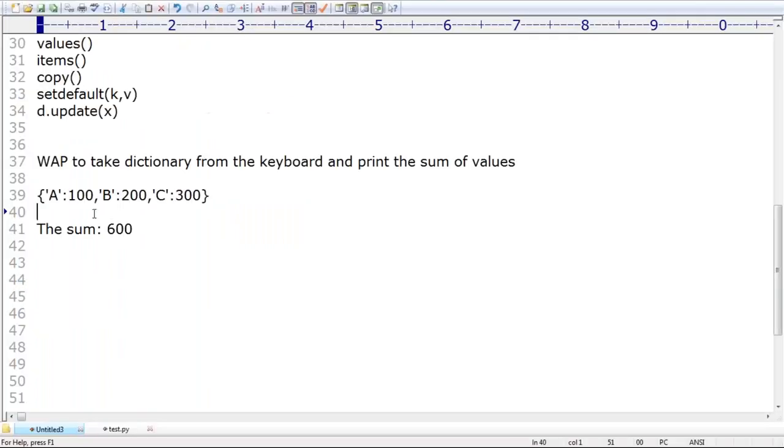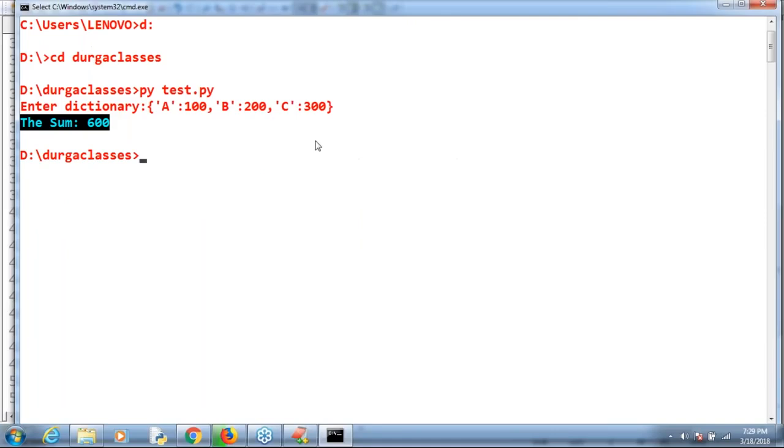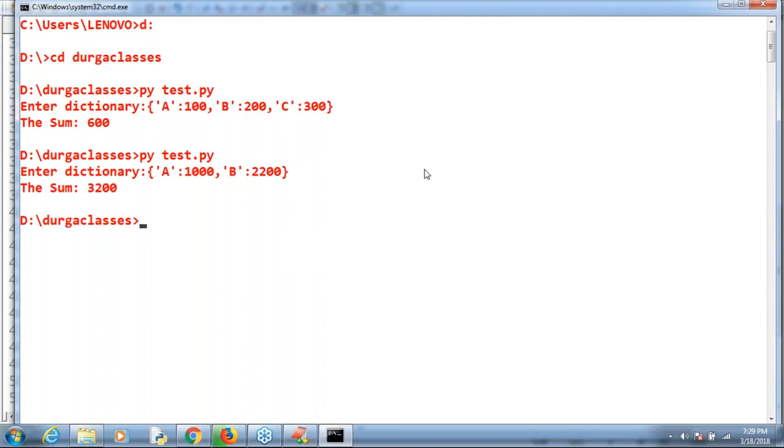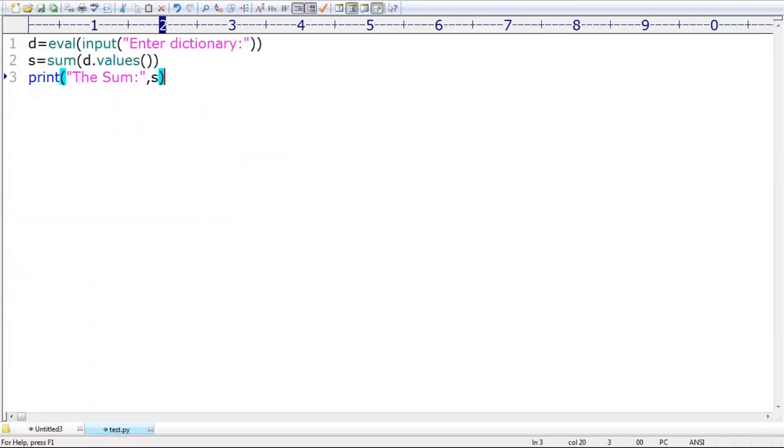Suppose here I'm taking 1000, here some 1000, and then here 2200, and after that two more things. Can you please observe? What is the output by default? The sum is 3200. Perfectly it's going to work. Vedant, Divya, I hope you can see. This is a small requirement for me: how to read a dictionary from the keyboard,